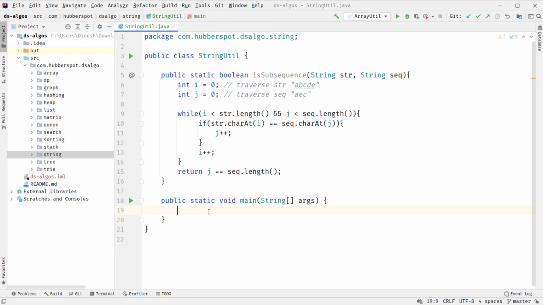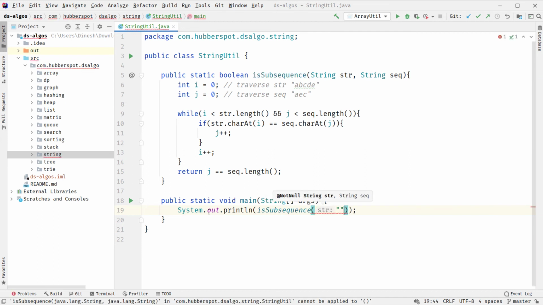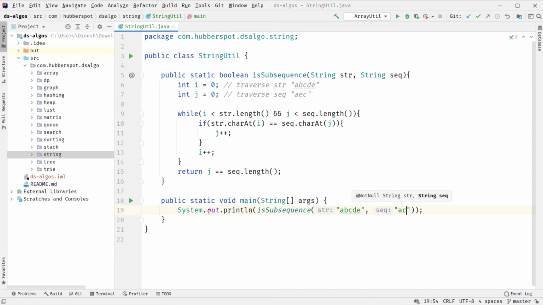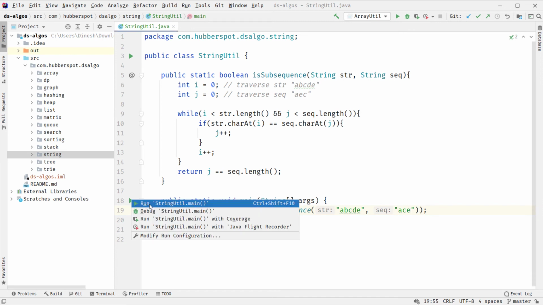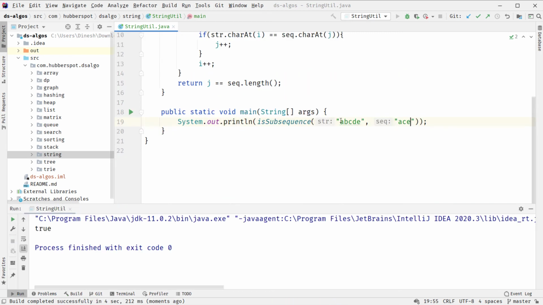Here we will simply print isSubsequence. Let's say we pass the string as A, B, C, D, E, and we pass A, C and E. If I run the main method now, you will see it came out to be true.